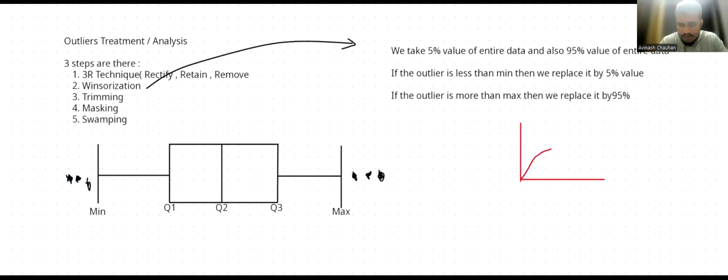This is a normal distribution. A bell-shaped graph is there. So what we discussed is, if we divide the values, this is -6,